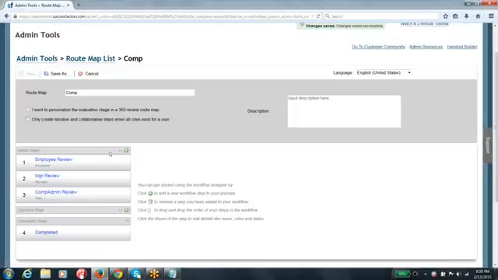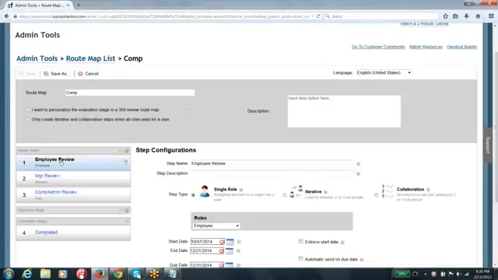Raghu, are modify stage, signature stage, and completion stage the only 3 standard stages that are available, or can we also add a stage? No, we will not be able to add a stage, Smita. In fact, this stage doesn't carry any importance. What matters is what steps you are going to create, right? That is the intelligence, that is what you are interested in. If any requirement comes, you have to see which step you have to add. Fit in. Yeah, exactly.